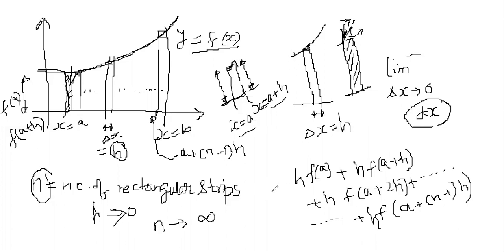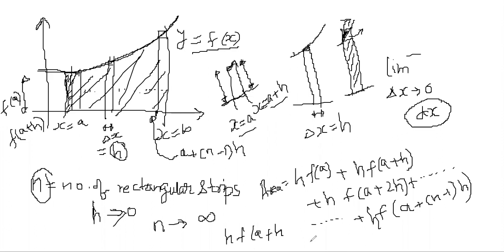So this is actually the area of the whole region which is being enclosed by this curve with the x-axis. If you would have taken, instead of starting from f(a), you could also have taken starting from h into f of a plus h. Next term will be h into f of a plus 2h. And when you end, the last term will be h into f of a plus nh, not (n minus 1)h but nh, because you are taking the next